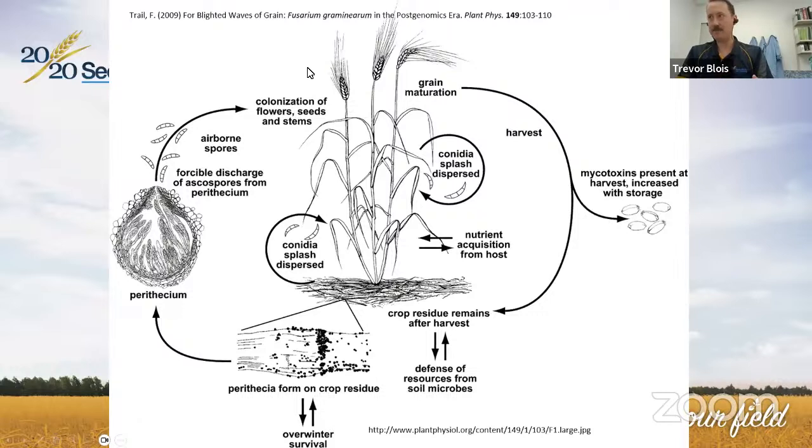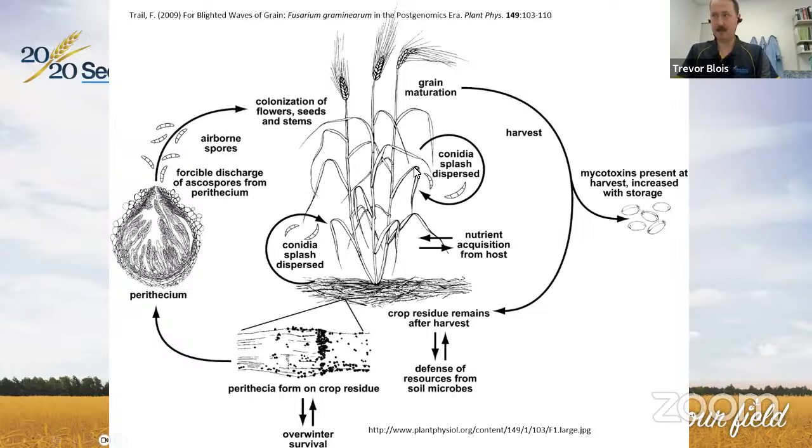They can travel some distance, and at anthesis, they'll infect the anthers that are sticking out and go into the head, into the seed that's forming. And then once that infection has occurred, you'll see it spread from the center and out in the head. And then as that progresses, you'll see the